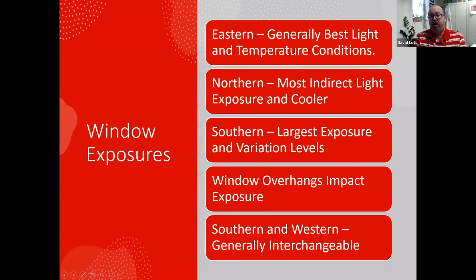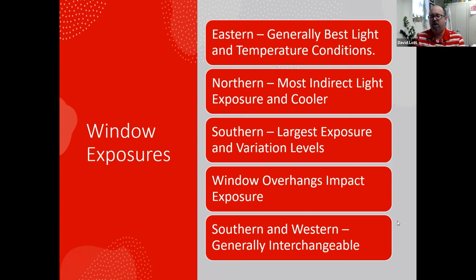So window exposure, the best exposure is usually your eastern window exposure. It has generally the best light, and the temperature control does not have the massive swings of temperature. So that's one of the nice ones. When people talk about, I've got a plant, it's doing well in its spot, and they say, don't move it. That's exactly what John was talking about, because it's found its place that it is thriving in. And those east windows sure are nice. They have that nice combination. So kind of a win-win for many of our plants.